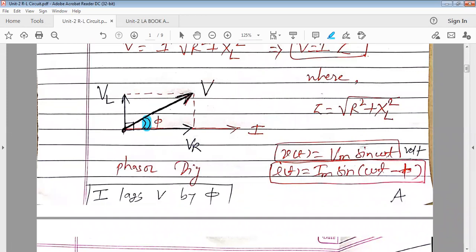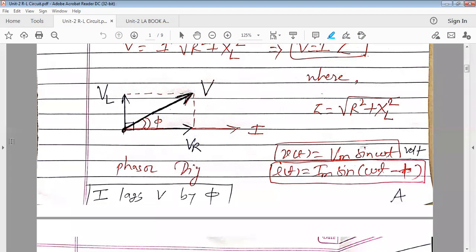So what we can say here, when a resistance and inductor are connected in series, there is a phase difference between total voltage and total current, isn't it? And does the current lag or lead the total voltage? Lags. Correct. So when a resistance and inductor like this, any single phase load, is connected across a single phase AC voltage, whatever is the total current flowing through that circuit and total voltage across that circuit, there is a phase difference phi, and current lags voltage by an angle phi.